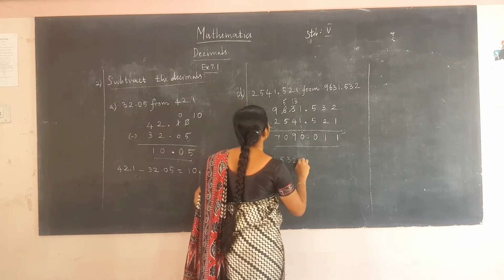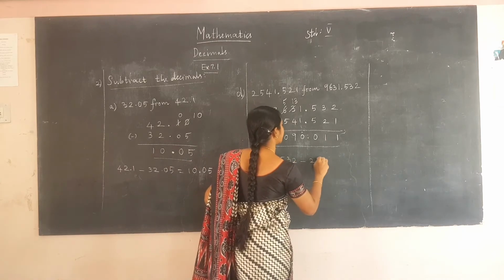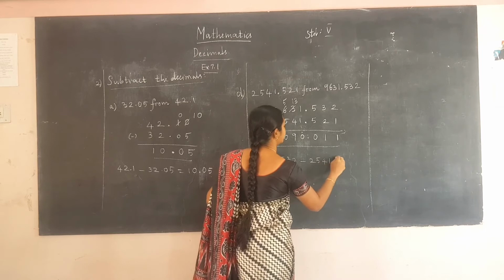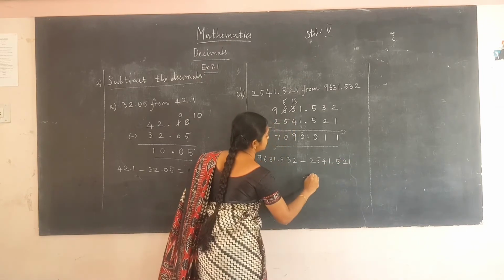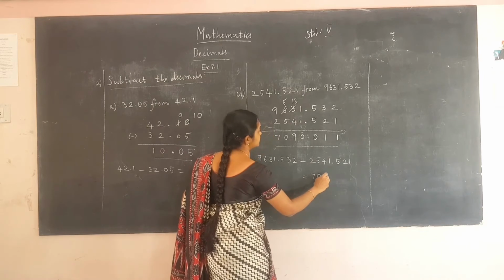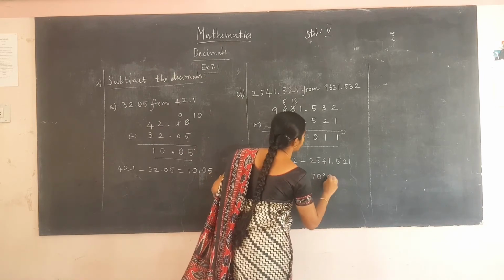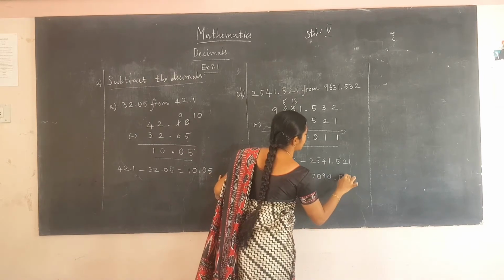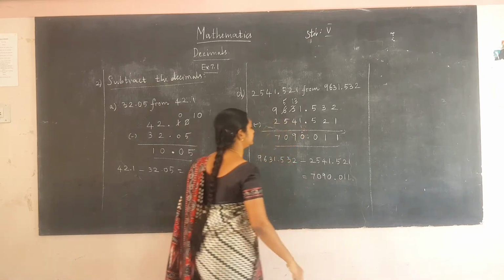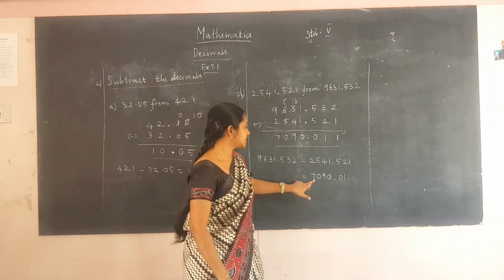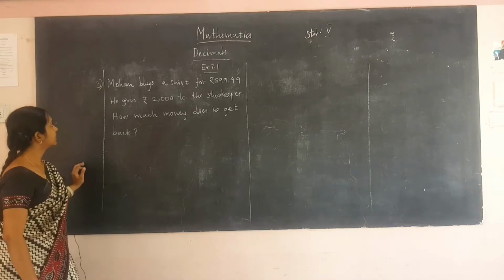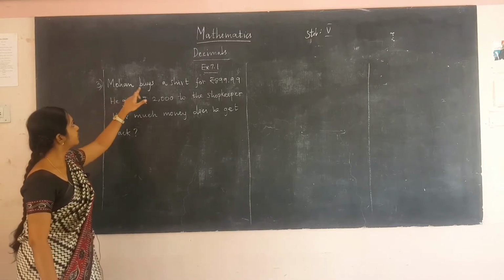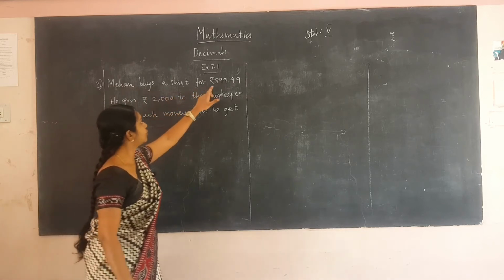9631.532 minus 2541.521 is equal to 7090.011. We have to read it as 7090.011. The third question is, Mohan buys a shirt for rupees